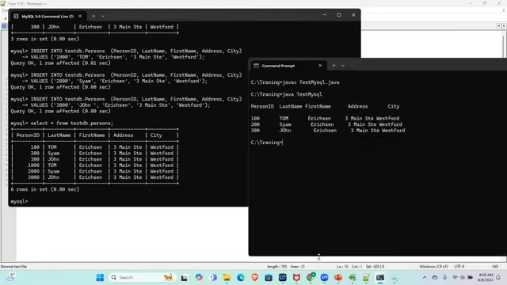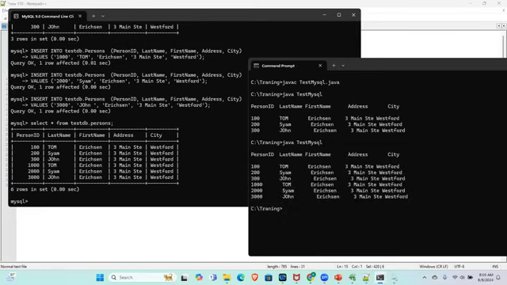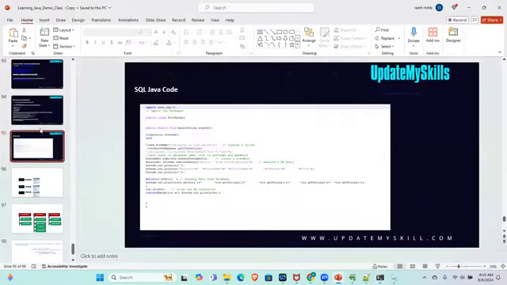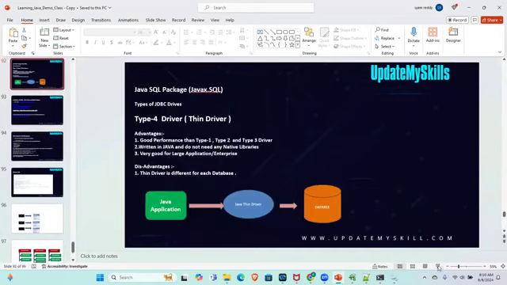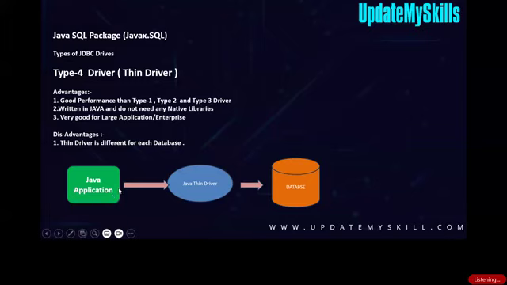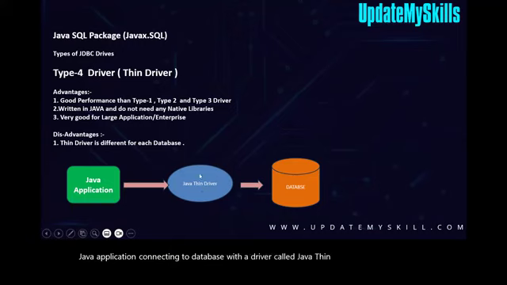Now, if I go to my code here and run my Java code again, I should get those 6 rows back here. So my Java code is fetching the same data from the database. It means that in the demonstration, what we talked about with the drivers, we have implemented this one: a Java application connecting to the database with a driver called the Java thin driver. We downloaded it from the MySQL database,